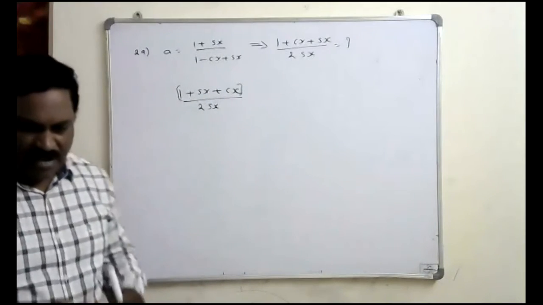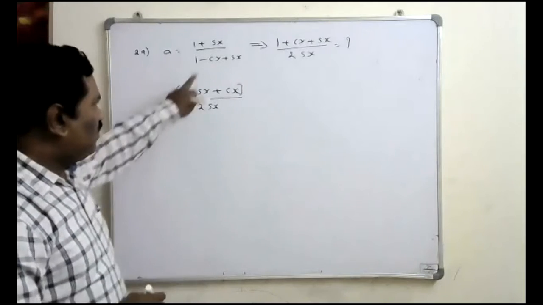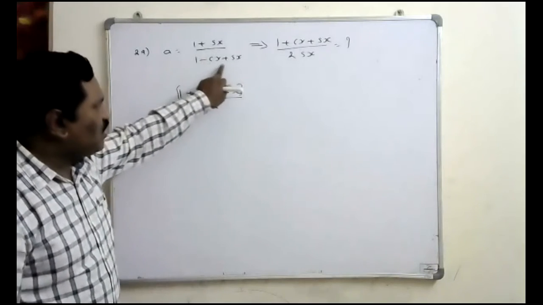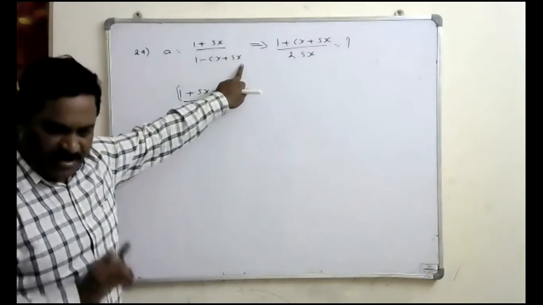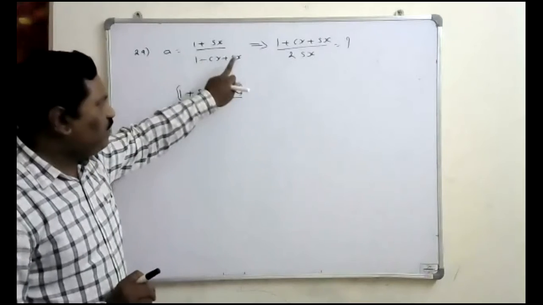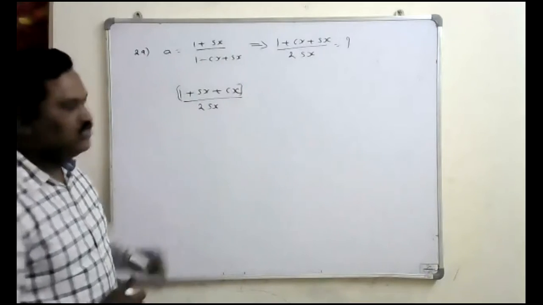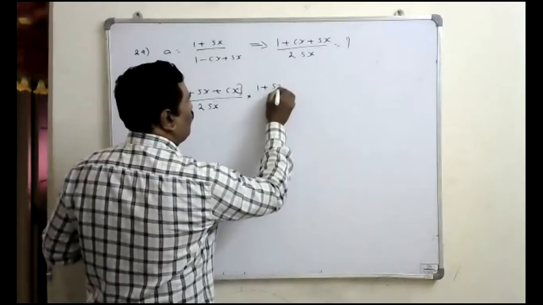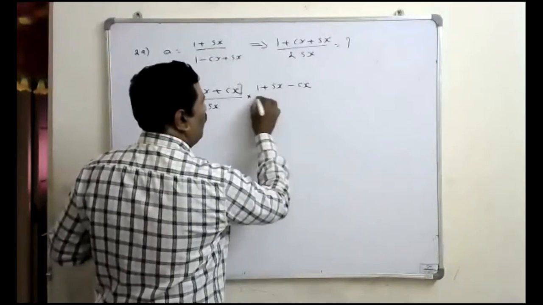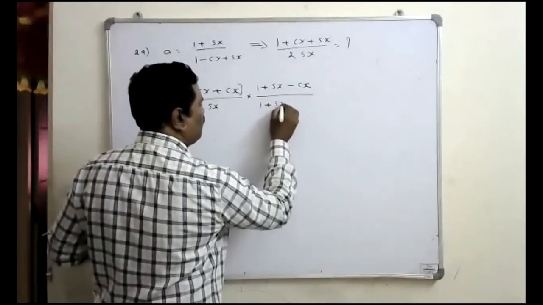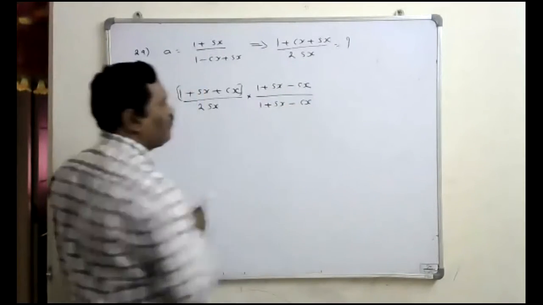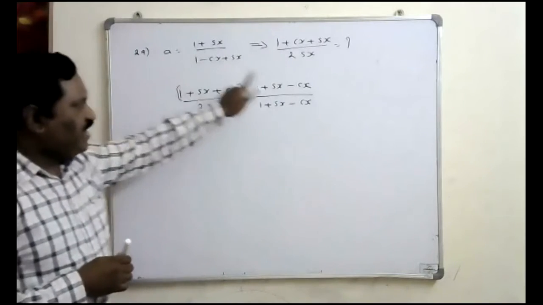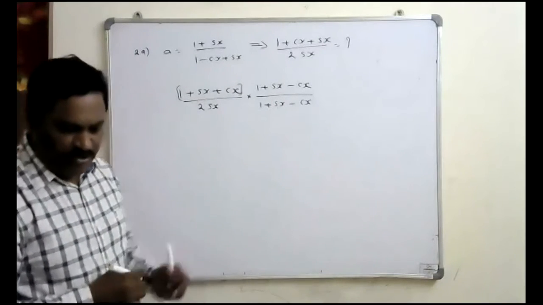So to find its a value, in the denominator you can find 1 minus cos x plus sin x. That's why I will multiply and divide by this term. So this term I will write like this, 1 plus sin x minus cos x by 1 plus sin x minus cos x. So multiply and divide by this term. So if you do so,